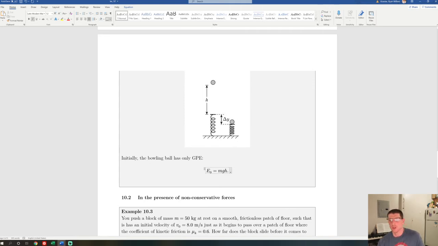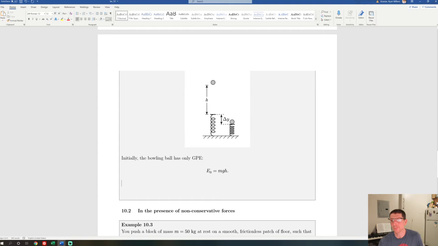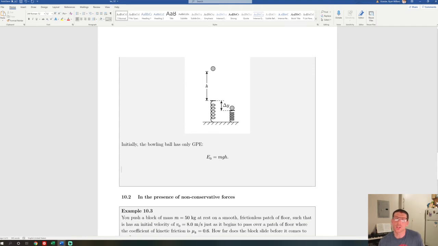Okay. So what you might be tempted to do here is calculate the kinetic energy of the bowling ball right before it hits the platform, and that is fine. There's no reason you can't do that, but we don't have to, because we're not losing energy anywhere in this system. We have no mention of air resistance or friction or anything like that. So I'm just going to look at,